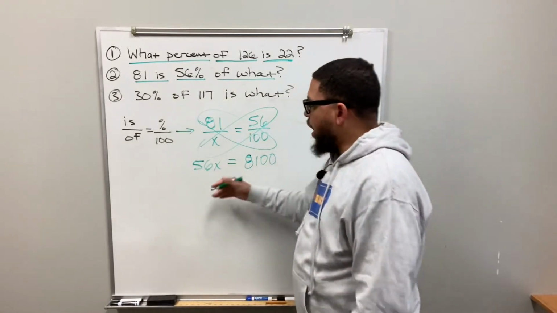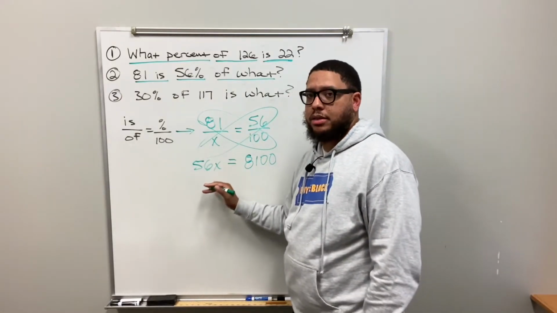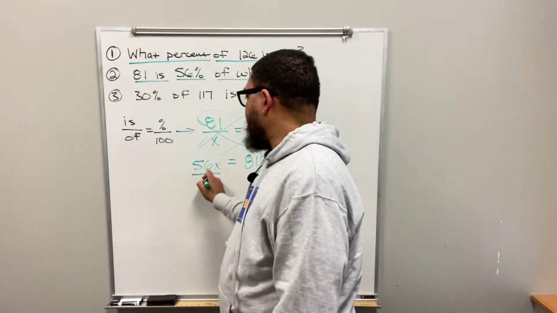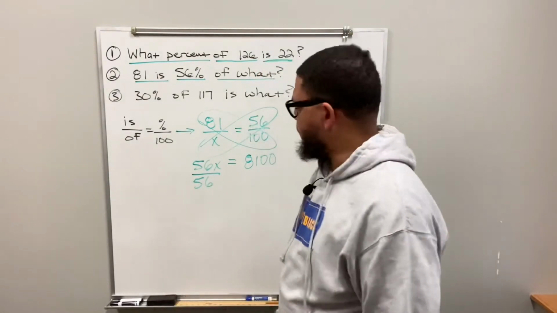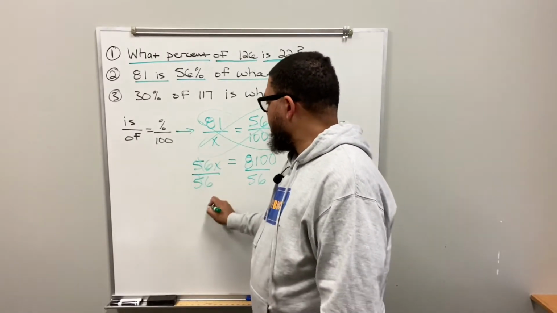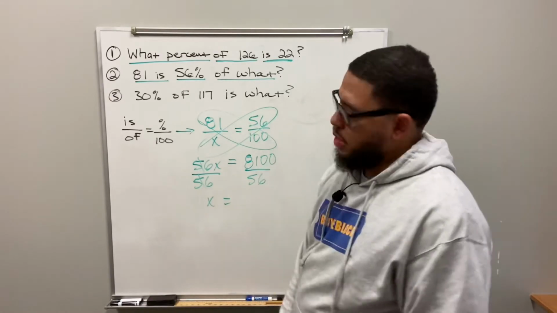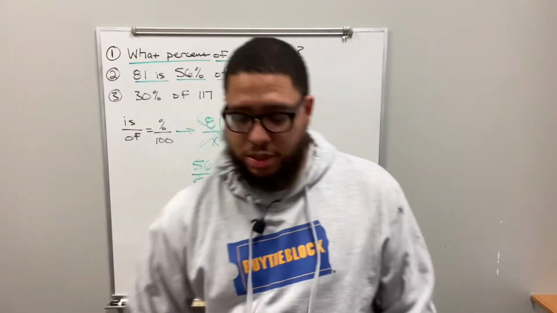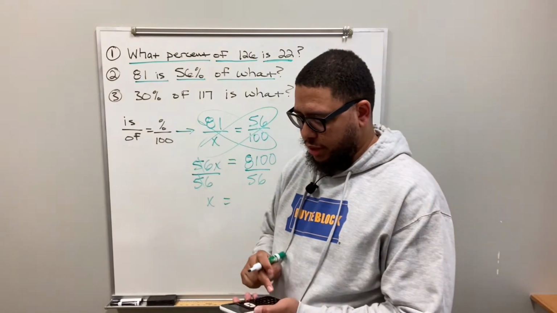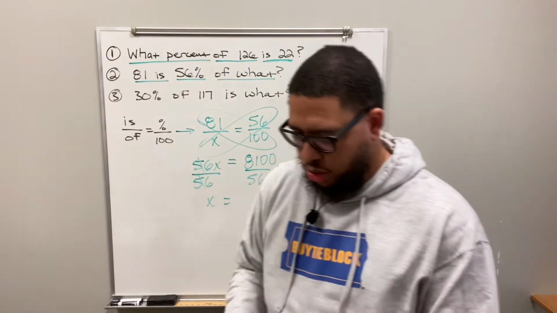And again, we divide by the number that is next to the X, or whatever variable you chose to use. So I divide by 56. I don't divide by 8100. I divide by 56. X equals, and let me grab my calculator again. So now I have 8100 divided by 56, which equals